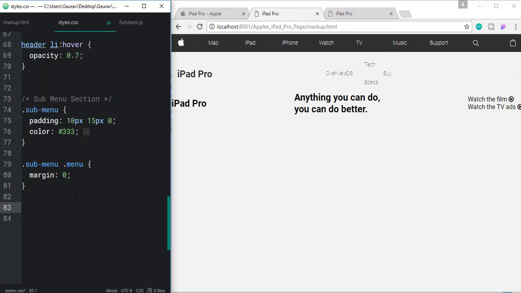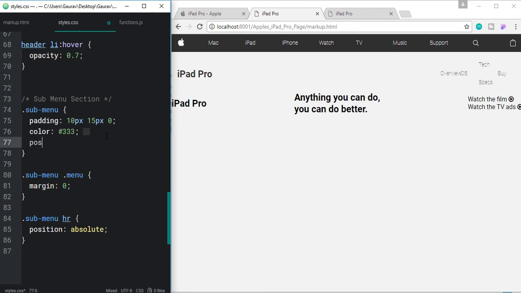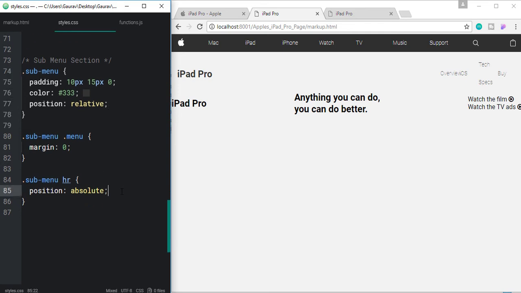So for HR, let's position it absolutely, so we can take that HR out from the normal document flow, so it will come out from the flex box as well. And let's set the position relative on this sub menu, which is a parent of HR, so we can align this HR according to our main parent.